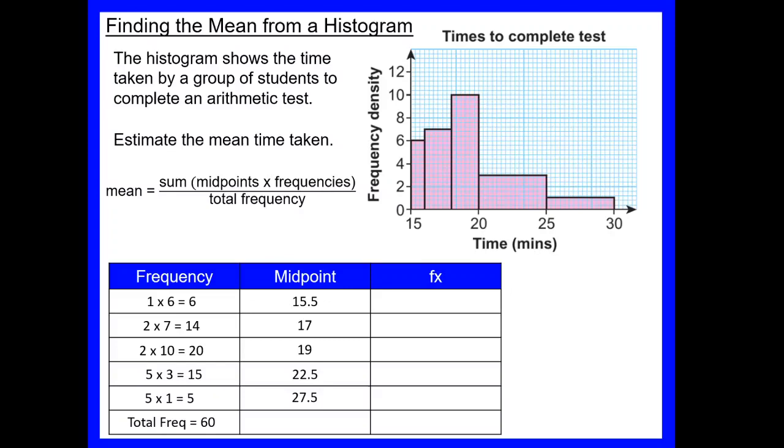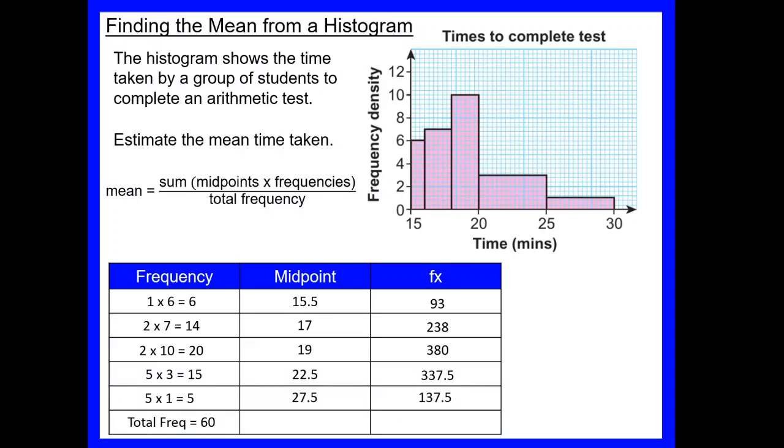If you're not sure on where the midpoint is, remember you can add the lower limit of the group and the higher one together. So if I do 20 plus 25, I get 45, and divide that by 2, it gives me my 22.5. So if you're not sure, add the lower and upper limits of your bar and divide them by 2. Finally then, to find the total for each group, we're going to multiply the frequency and the midpoint together. So if we do that for each of the groups, so frequency times midpoint,